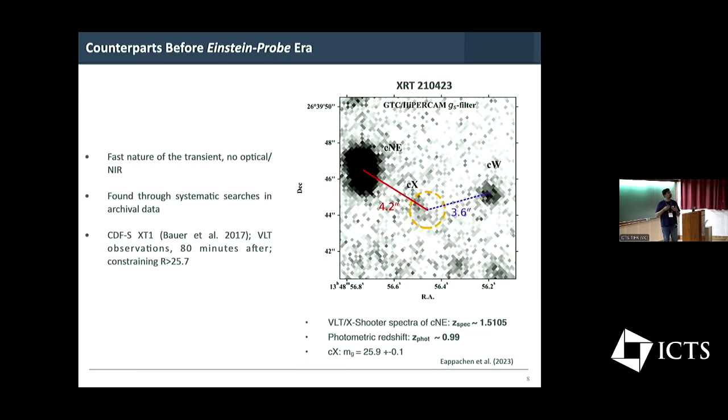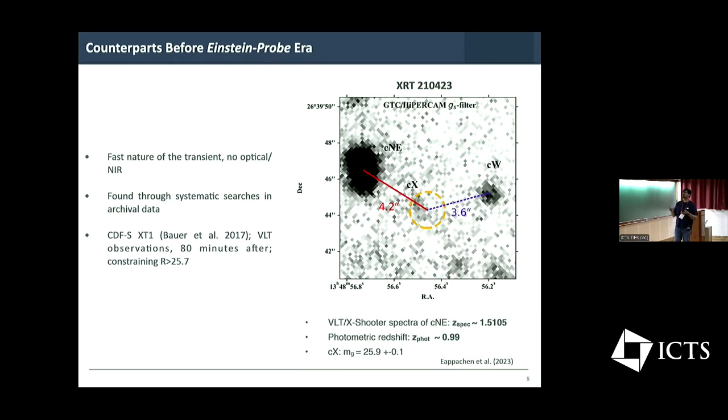counterparts, what is a possible way to understand its origin or to constrain the nature of this FXT? The best way is to look into the host properties. As there has been a lot of discussion on the host properties of FRBs, similarly we have been trying to constrain the nature of the FXTs by looking into the host properties. This is the case of XRT 210423, again an FXT detected in Chandra data. We were able to look into the region within 2 weeks, but we couldn't find any counterpart. But this is just to give an example.